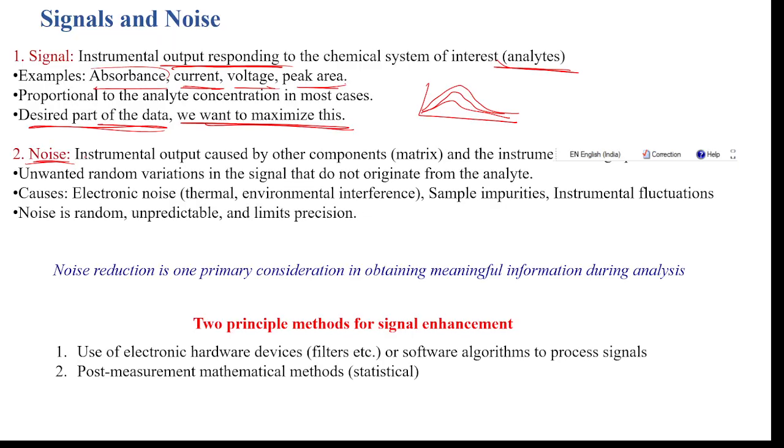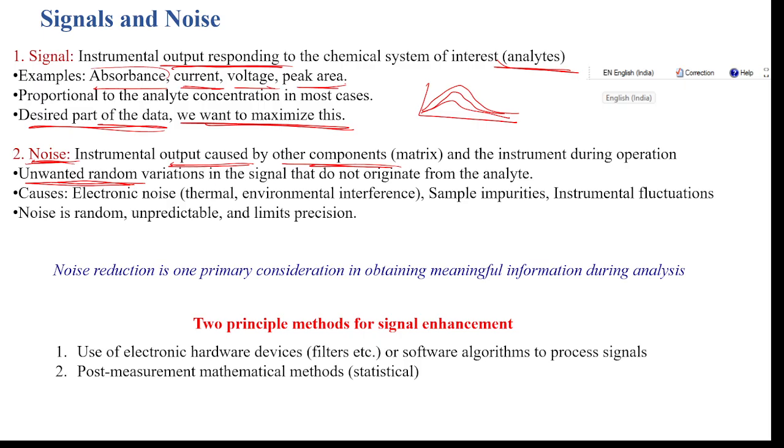Now noise is output caused by other components. Just like I told you in the previous slide, I'm dissolving dye in solvent, so the solvent also has some output, and that output is known as the noise. It can also come from air or instrument design and operational methods. This is the unwanted part, we don't want the noise. The greater the noise, your signal is going to be sacrificed,